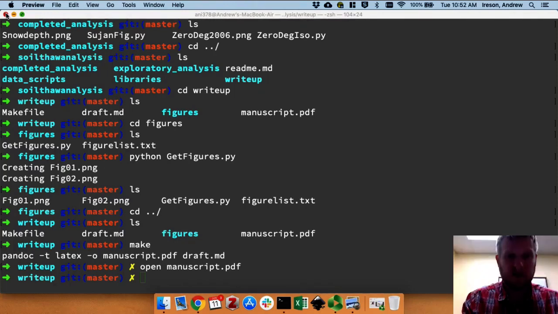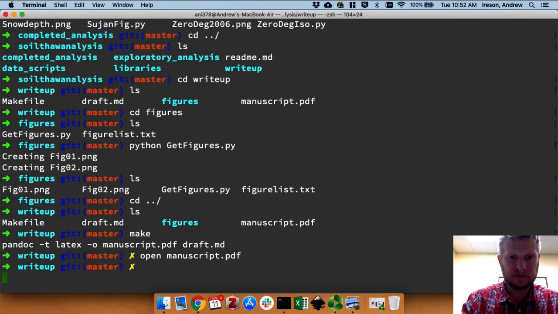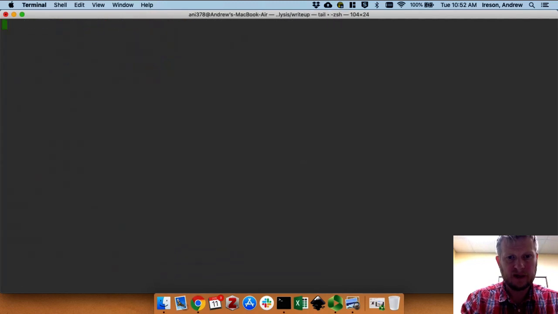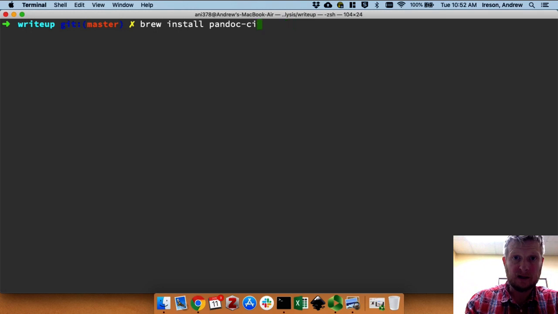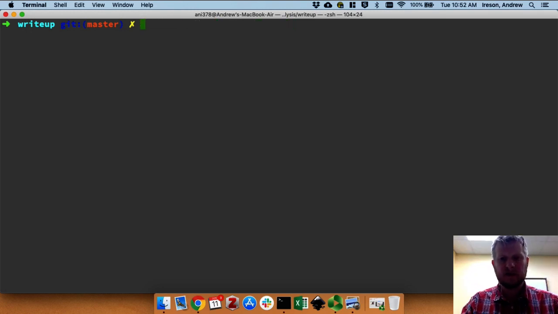To do this, the first thing you need to do is to install pandoc citeproc, which is a package that allows you to do citations in pandoc. Okay, I've already done it, so I'm not going to do it again. When you do that, it will install. You can also find this in other repositories other than Homebrew. Okay, so once you've installed that,